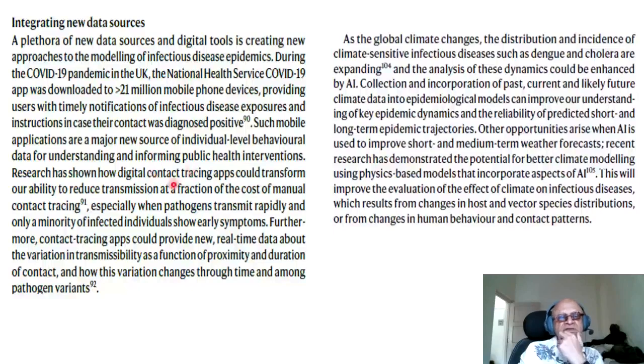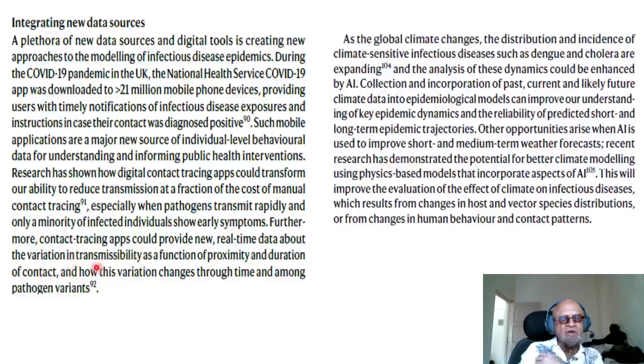Such mobile applications are a major new source of individual level behavioral data for understanding and informing public health interventions. Research has shown how digital contact tracing apps could transform our ability to reduce transmission at a fraction of the cost of manual contact tracing, especially when pathogens transmit rapidly and only a minority of infected individuals show early symptoms, because then you may hit a big R replication rate very quickly. Okay,